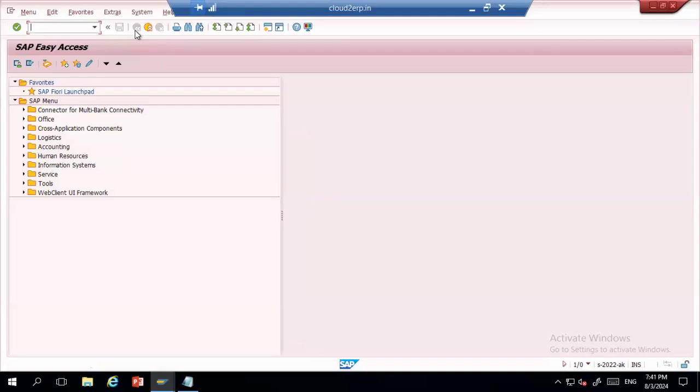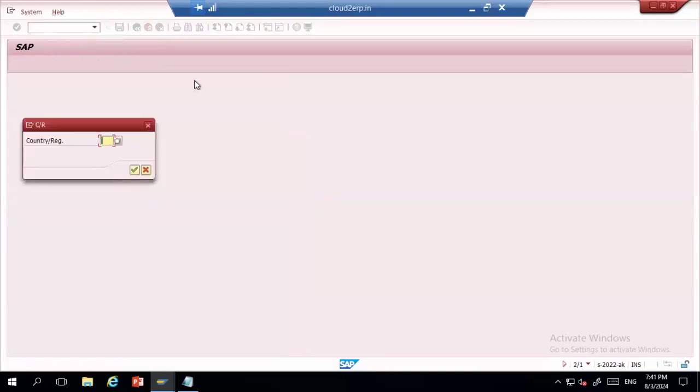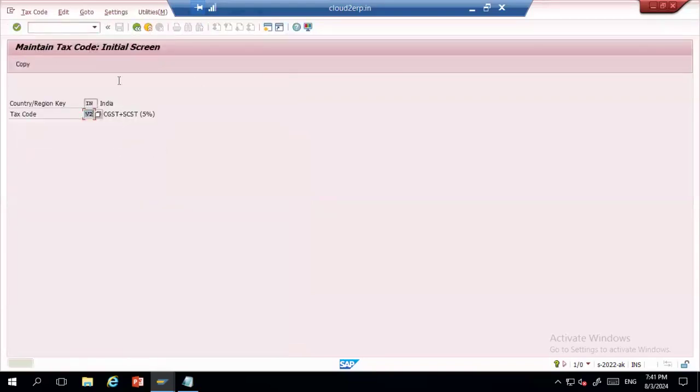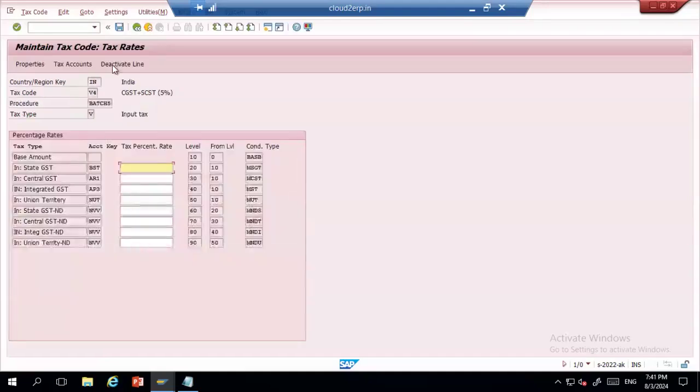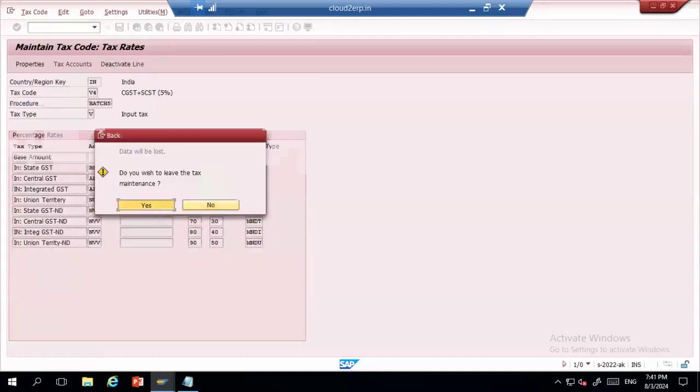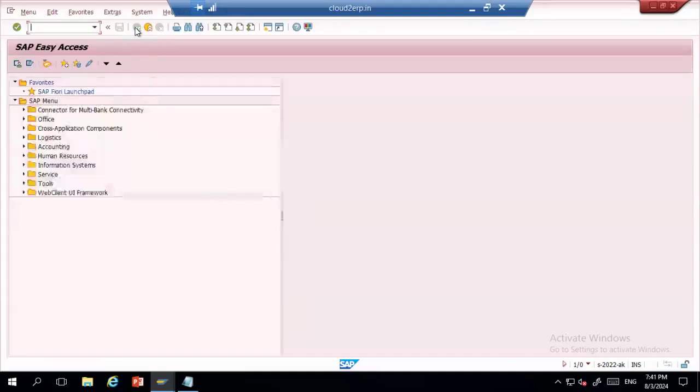Let me also create the output tax. FTXP. B1 to B4 is the input tax. Let me check for the output tax.